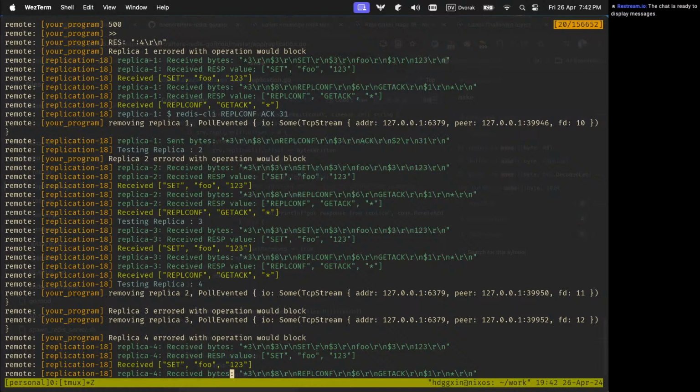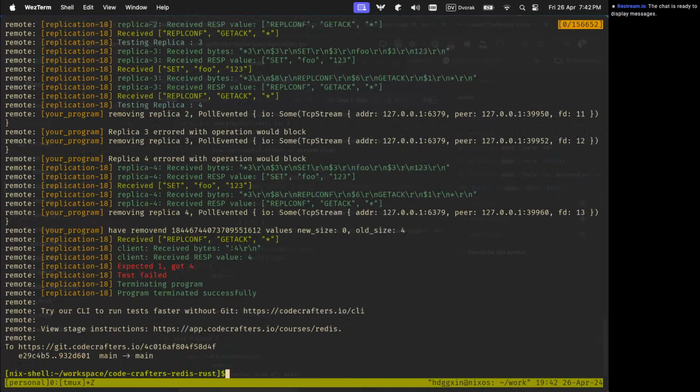There are 4 replicas, and we have removed all of them. So we'll see how we can resolve this.